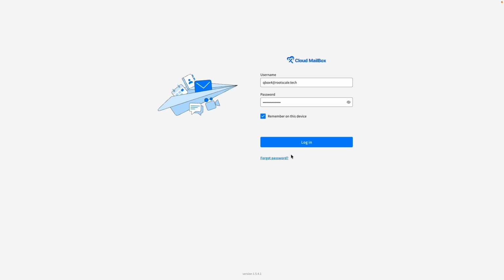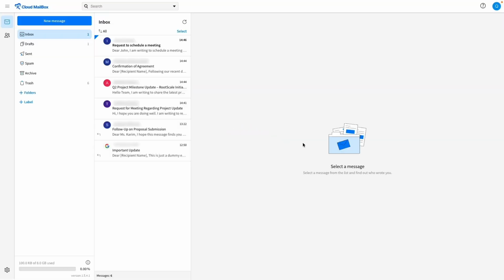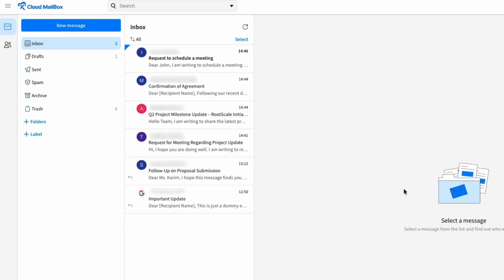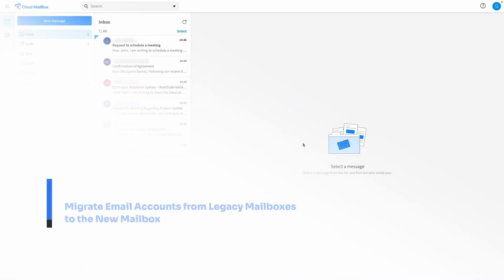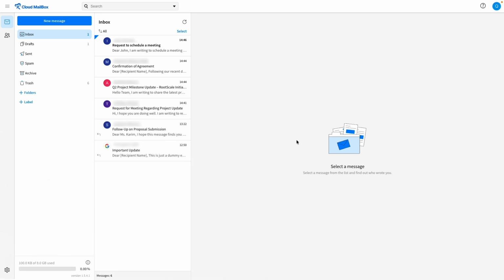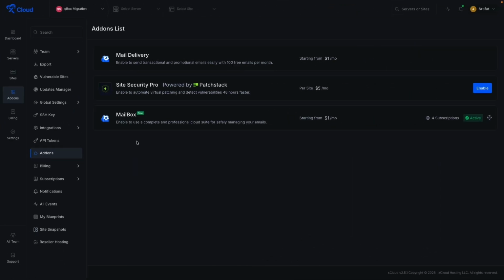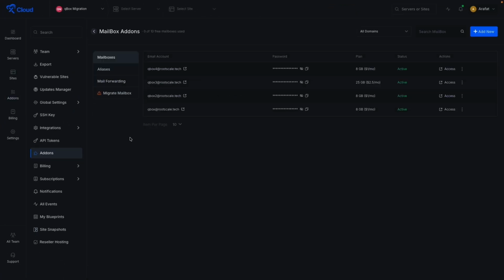Now log in using the username and password that you have copied. Once you log in, the Cloud Mailbox inbox opens up. In the webmail interface, you will see your inbox displaying all your emails with the sender name, subject line, preview text, and timestamp. Now navigate back to the xCloud Mailbox add-on dashboard, and from the left sidebar, click on the